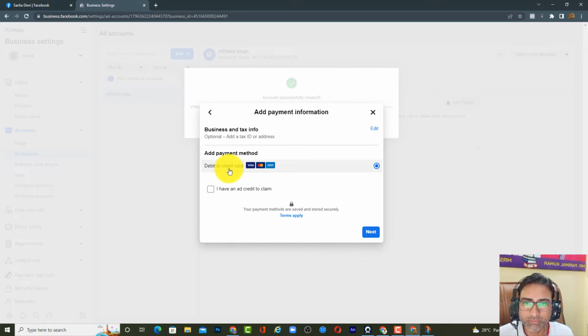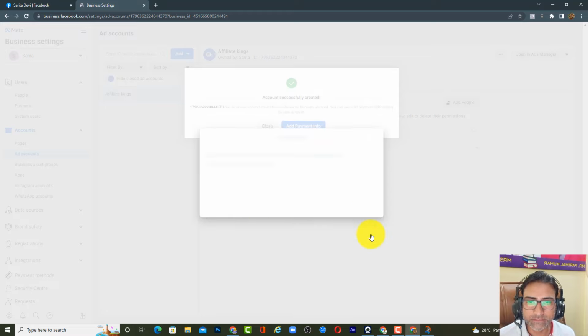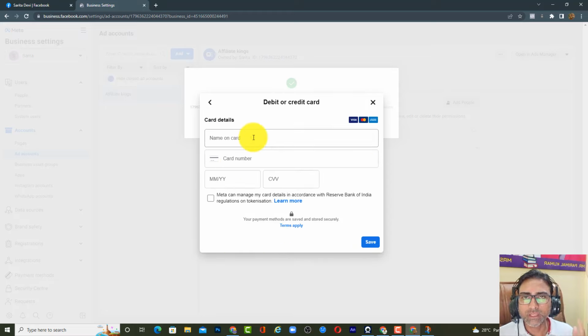Now if you have a debit or credit card, you can use it. If you are using a credit card, then your payment will be postpaid, and for debit it's going to be prepaid. So click next. Let me enter my payment details, and I'll come back to guide you on the next